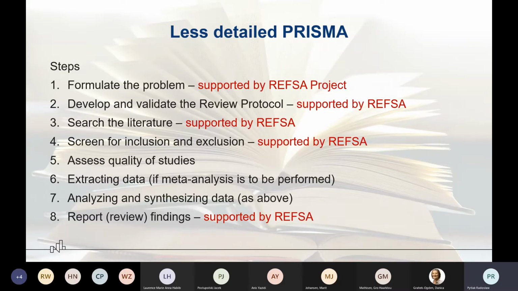So here I present a less detailed description of a systematic literature review. The description is quite similar to what we have seen in the first presentation. This is taken from the literature, and this description has 8 steps. Among them are such steps as searching the literature, screening for inclusion and exclusion, reporting. On this slide, I also show which steps of this process, described as an 8-step process, could be supported